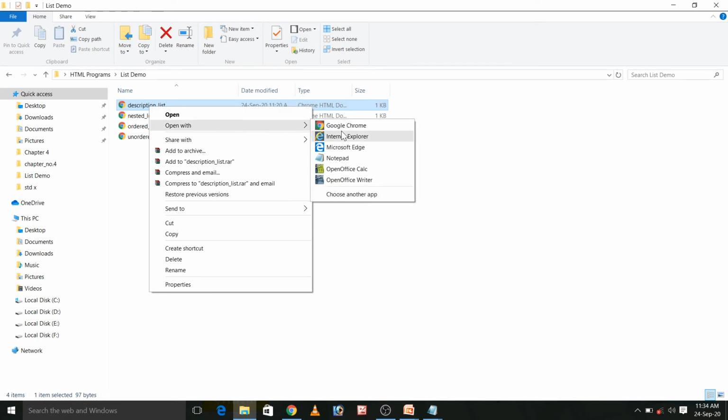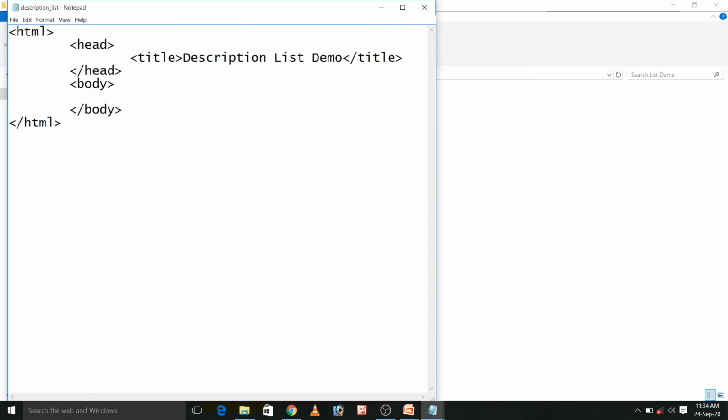Open with Notepad. Here I will start my description list using DL tag, and here I will close it. Here you don't have to specify LI, you have to specify DT to define the term, and that term is HTML. Right now I am writing this one, and I will close it. And to describe that term you have to use DD, description data.